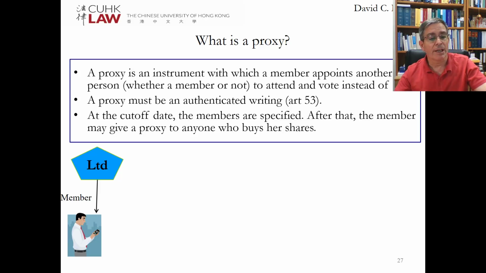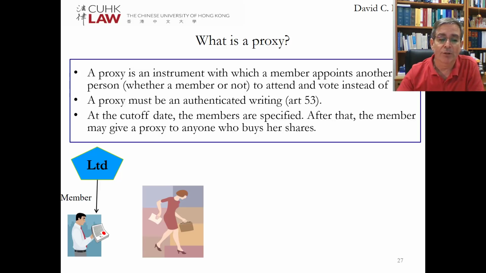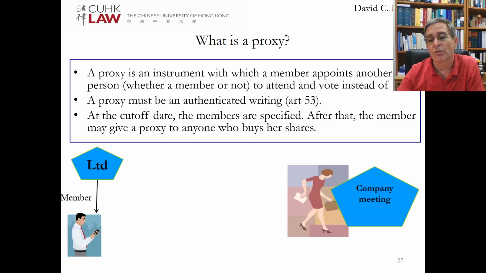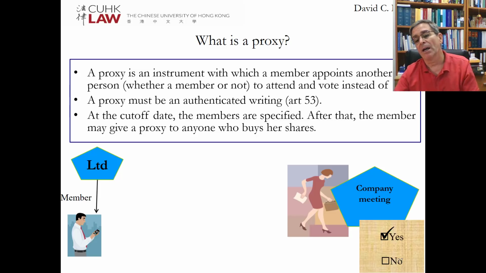We have a member of a company. The company is holding its annual meeting. The member decides to send his lawyer to the meeting as a proxy. He gives the proxy to the lawyer. The lawyer then goes to the meeting and submits the vote. Right? And this would be the member appointing a human being as his proxy, but the member could also simply mail in or send an electronic instruction, and that would be called a proxy as well.